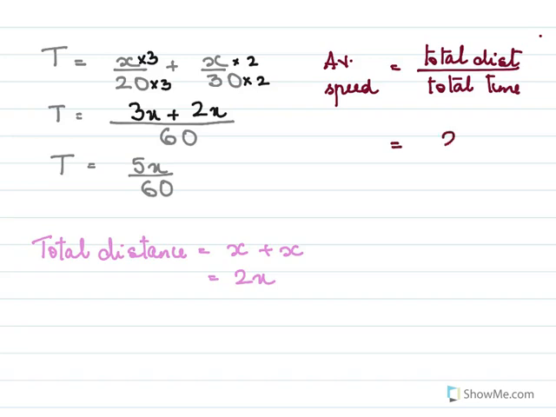Now total distance is 2x. Divide by time. Time we saw was 5x by 60. So we just make this a little more simple. We'll take the numerator and denominator separately. So 2x, and the division is at this point. So here we'll write divide by